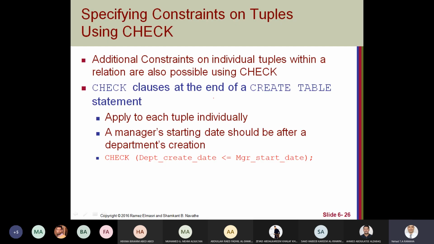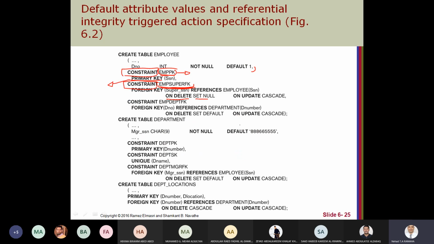We will take the alter later, how to change any constraint. But the issue here is that each constraint I can give a name like this to be able to change it later.